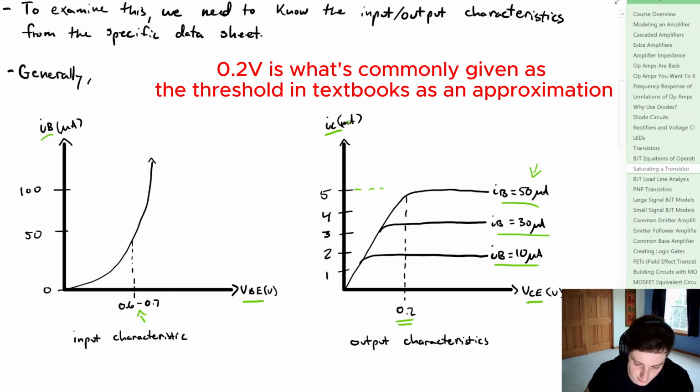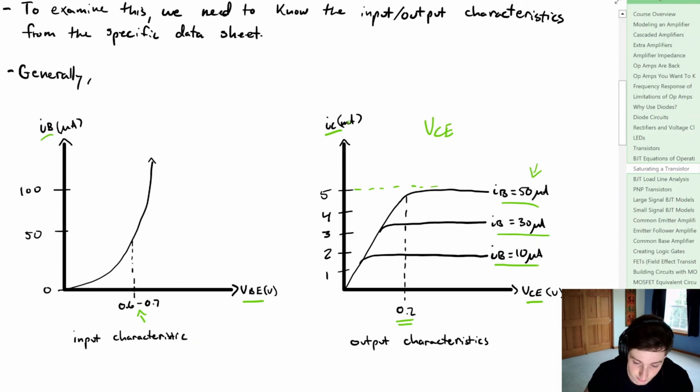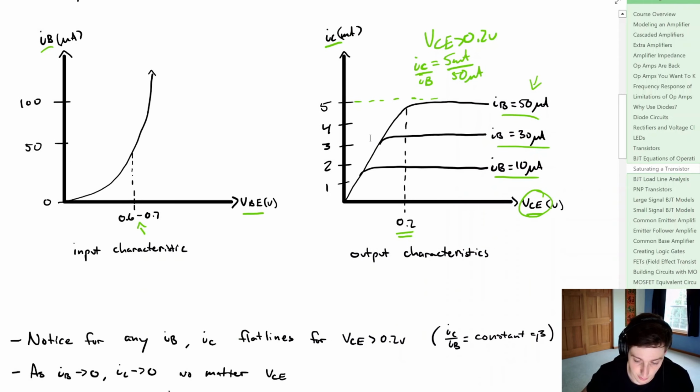We get that the collector current pretty much flatlines at 5 milliamps. So if VCE is greater than 0.2 volts, we have IC being equal to 5 milliamps. Divide that by IB, which is going to be equal to 50 microamps. And this is constant no matter the value of VCE. So what we can say is that this is what we're going to call the active region, where the collector